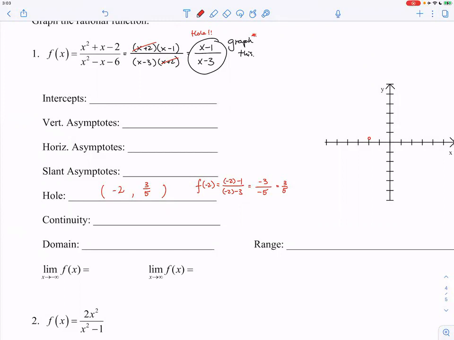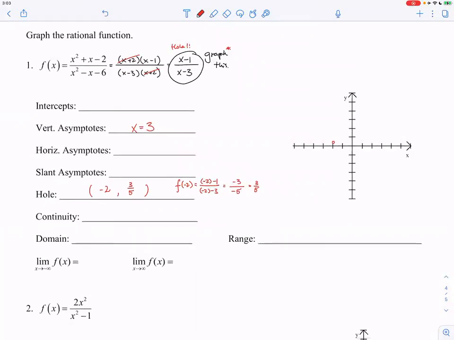And then we just put the -2 into the new simplified function to get the y value of the hole. Now, something that's very easy to extract is a vertical asymptote. What's the vertical asymptote? x equals 3, because if x is equal to 3, the denominator would become